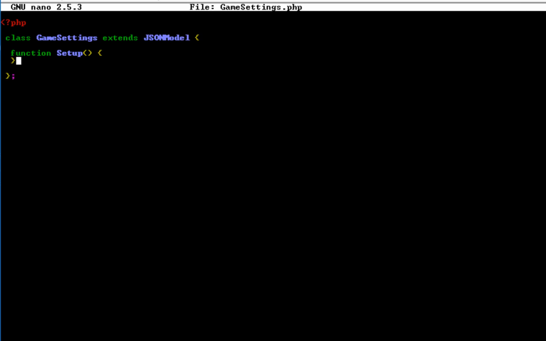So that's like an override, really. But setup. So setup is going to set up our model to match a certain data specification. So this is where we can create that data specification. So what would that look like? Or how about so we're talking about an array here. So the array can have different values,